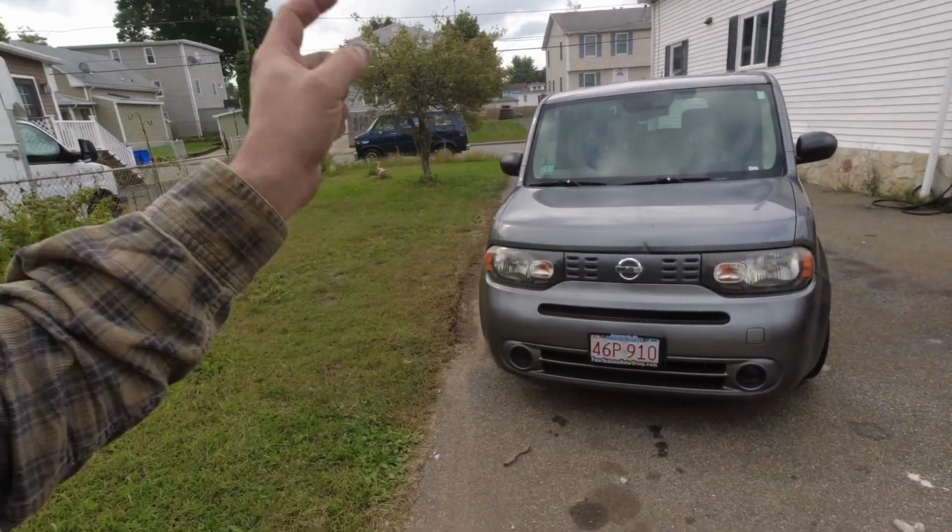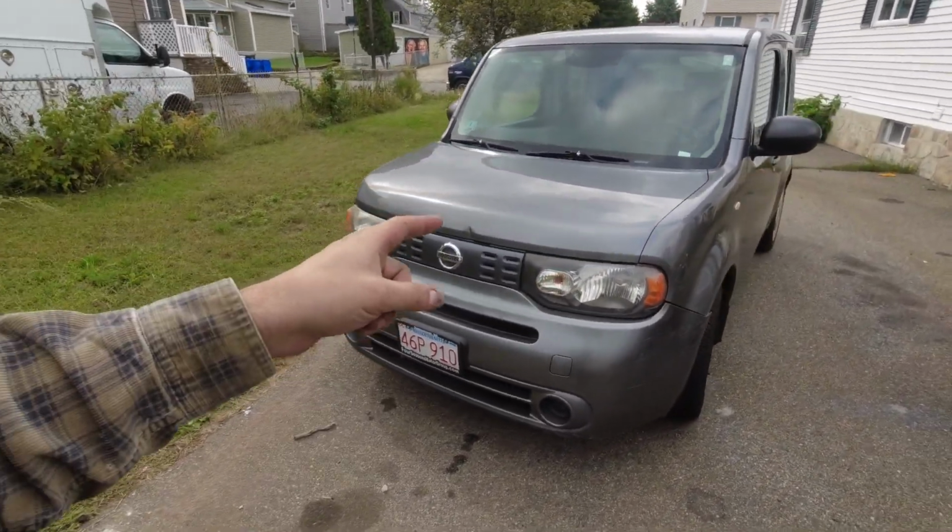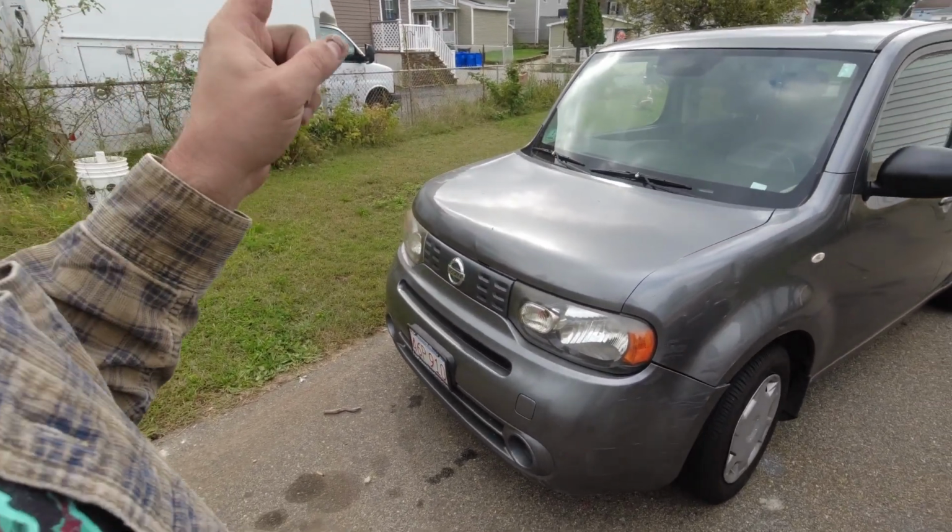This is actually the first time I'm seeing this thing in the sunlight, because I looked at it in the rain and then I picked it up at night in the rain, and it hasn't been driven for long enough that the battery was basically dead. The guy jumped it,